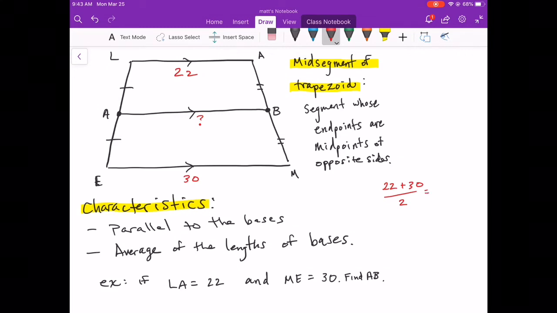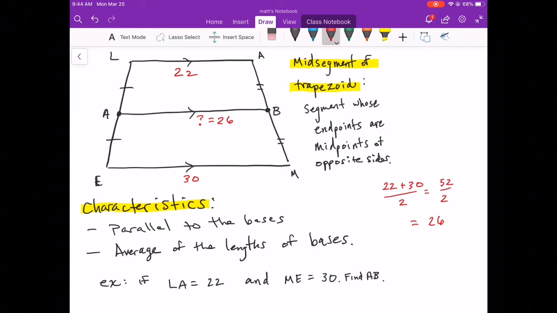So find the sum in the numerator. 22 and 30 is 52. Divide that by 2, and that is 26. So the average length between 22 and 30 is 26, and that's how we would find the length of the mid-segment of a trapezoid. Keep in mind also, I did point out that the mid-segment is parallel to the